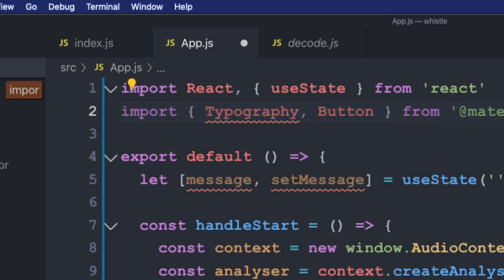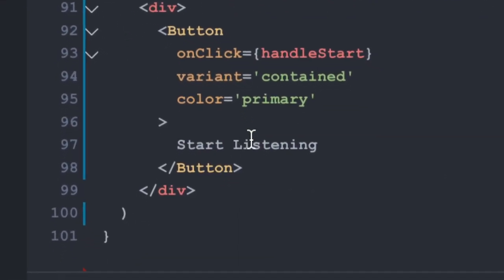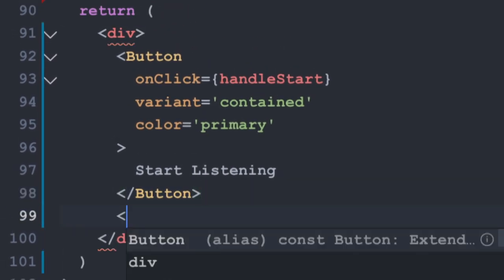And this is so that we can hold the message that we want to encode or decode using DTMF. And eventually we'll have a text field as well, and we'll have a send button. And that'll be about it